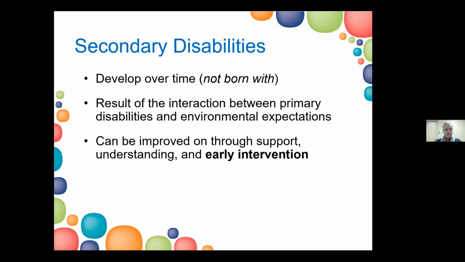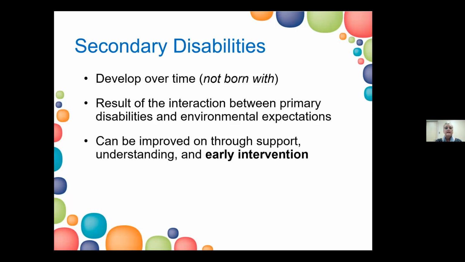So primary disabilities are the result of how the brain has organized itself differently. They may be behavioral difficulties, learning difficulties, difficulties with emotional regulation, and so on. But individuals with FASD are also very susceptible to what we call secondary disabilities. These aren't things that you're born with, but they happen over time. And I say they happen because of interactions between the primary disabilities, the difficulties a child is experiencing, and environmental